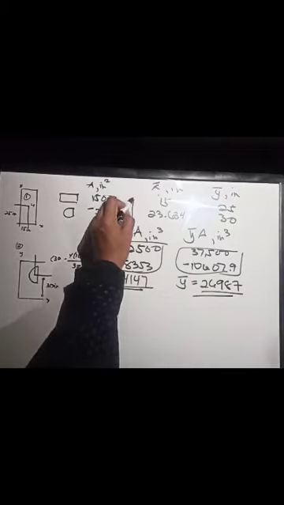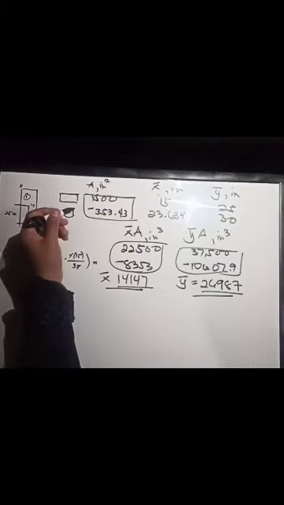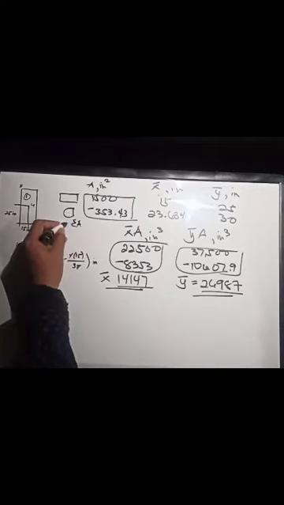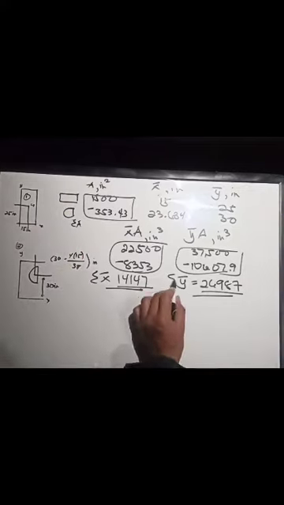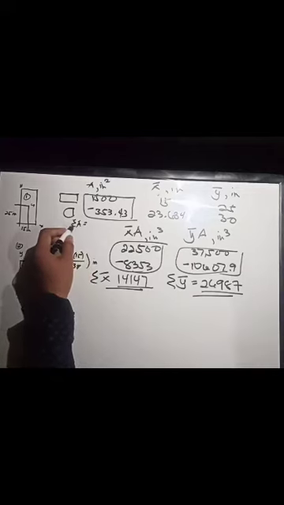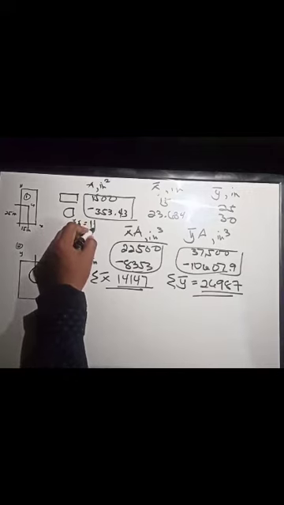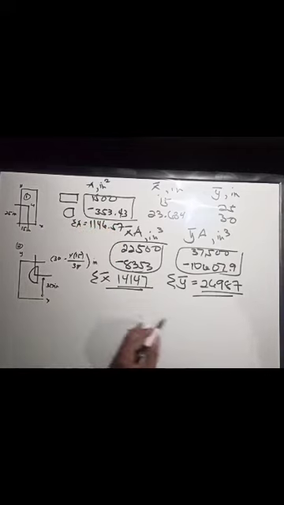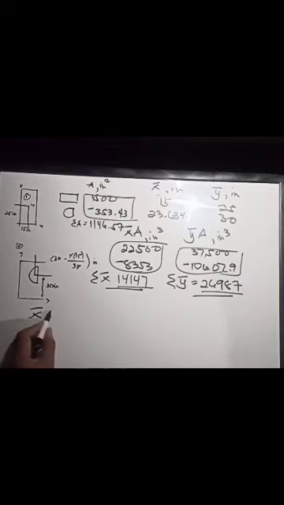And for the summation of area for both is 1,146.57. So, kukunin na natin ang x bar is equal to summation of x bar a over summation of a